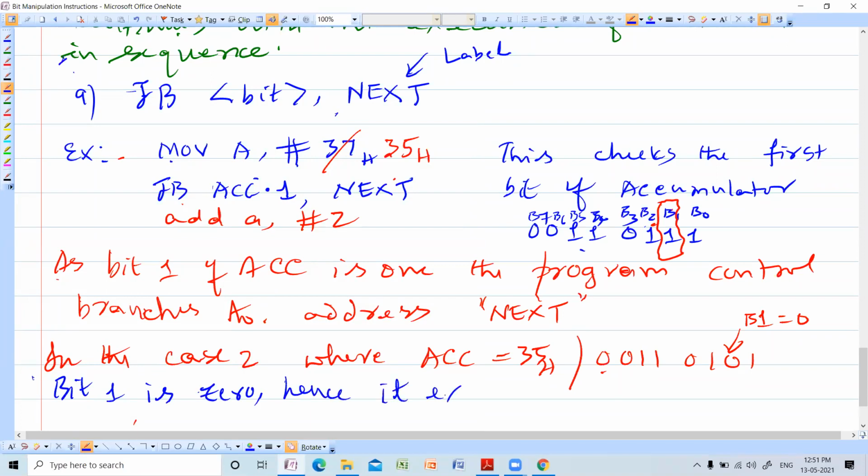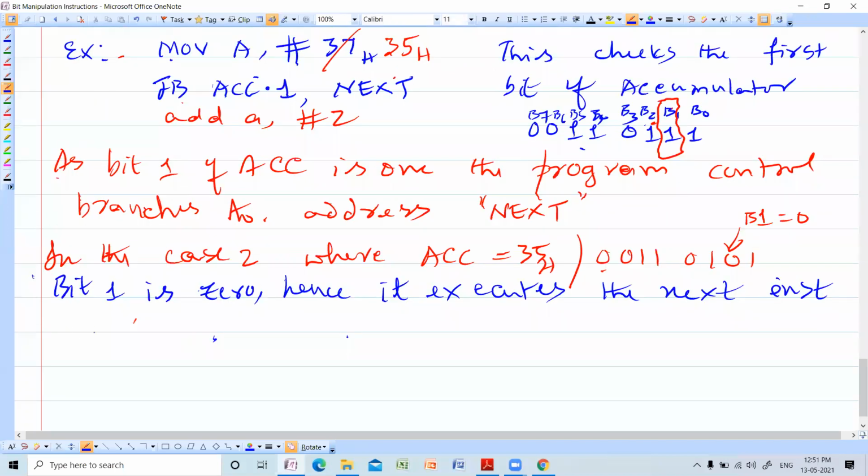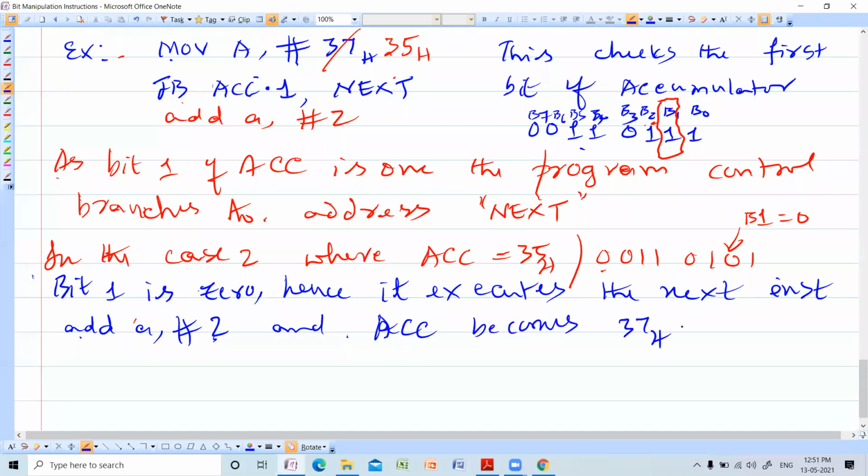Hence, it executes the next instruction. What is the next instruction? Add A comma #2, and A, or accumulator, becomes 37H. Very important to understand these concepts.